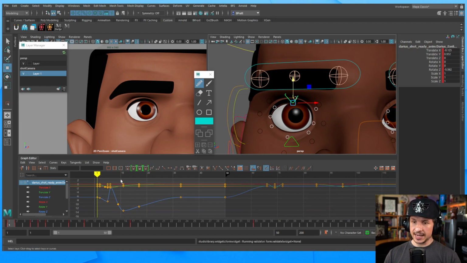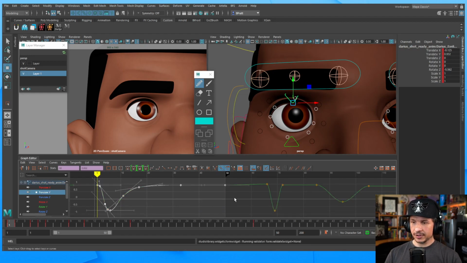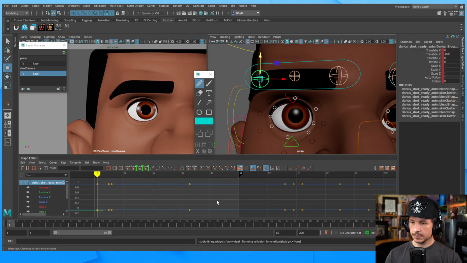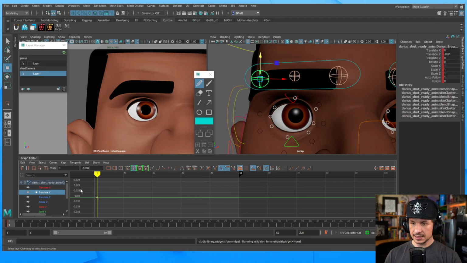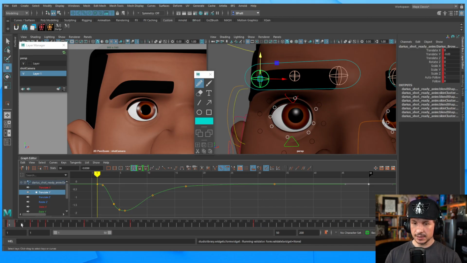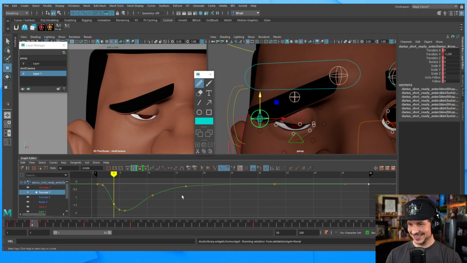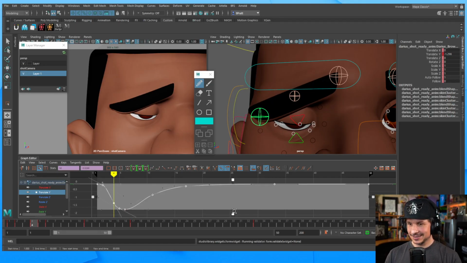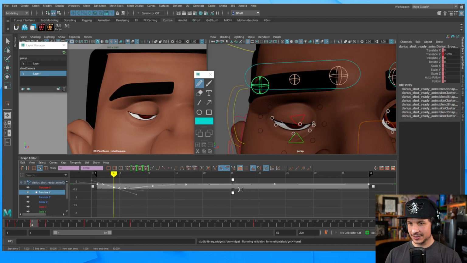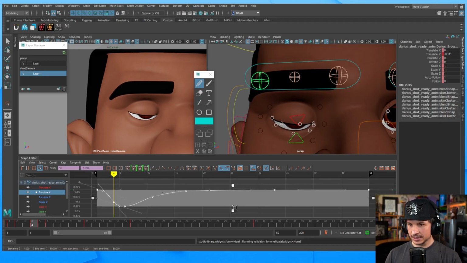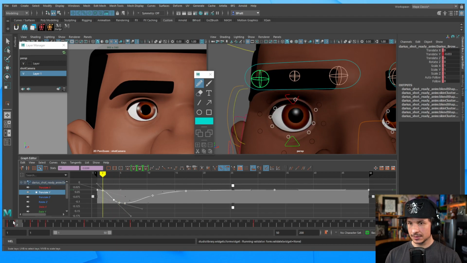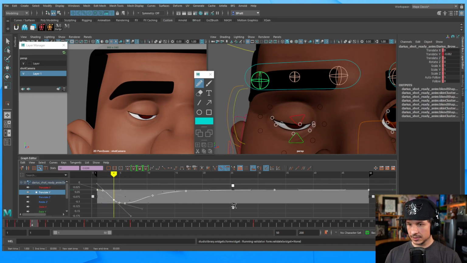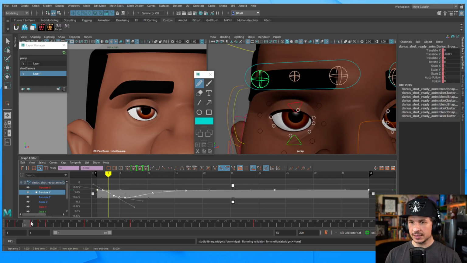So same thing. We can take the animation we've already done, copy that. Let's paste it here. It's going to be too much at the beginning here. So let's take that and then just tone it back. So it is a micro motion. Tone it down even more here. The brow, I really don't want to